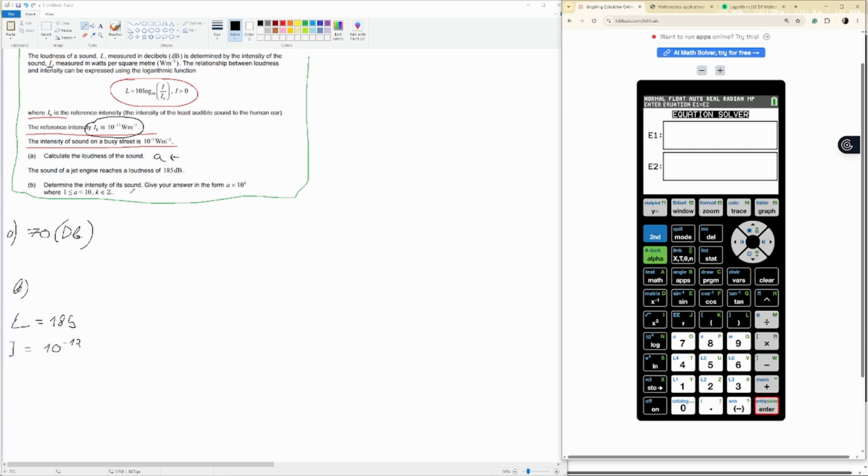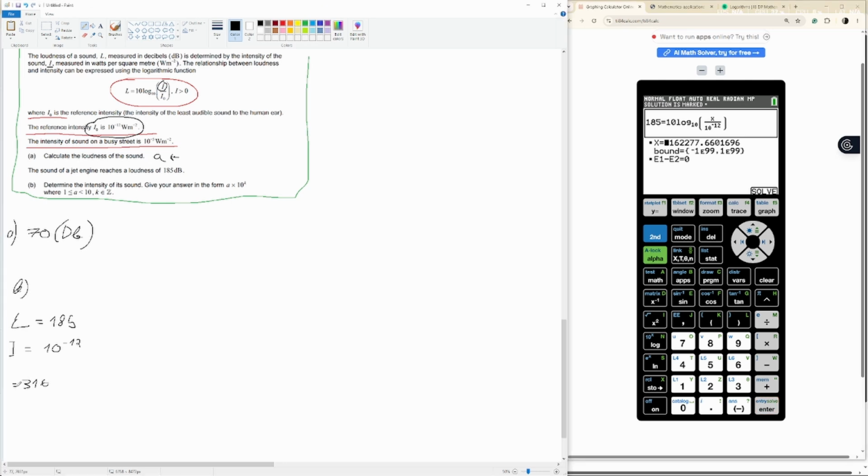However, in this case we clearly know that the intensity is one certain answer, therefore we can put 185 is equal to 10 log base 10, and we want to find the intensity, so we can put it as x, and then we also put our reference intensity, which is 10 to the power of negative 12, and then solve. You get your answer to be